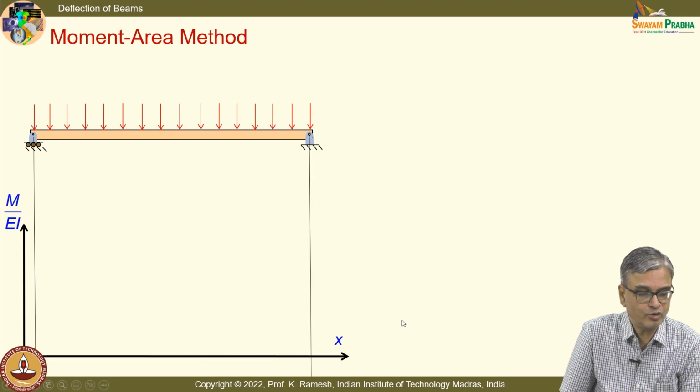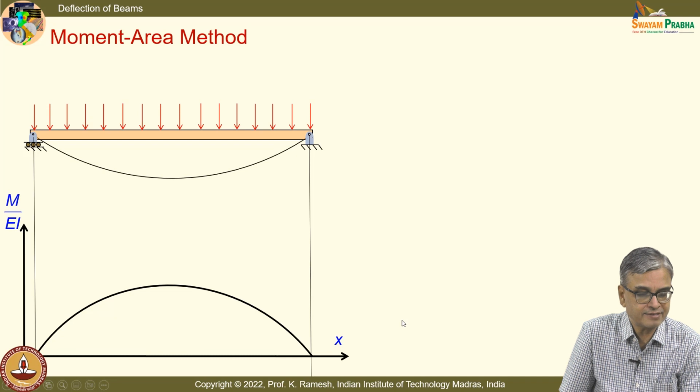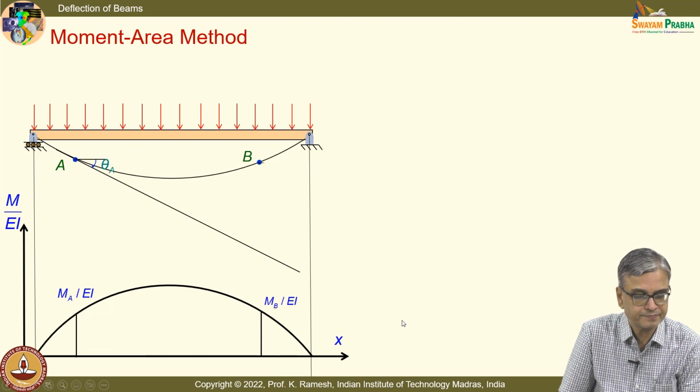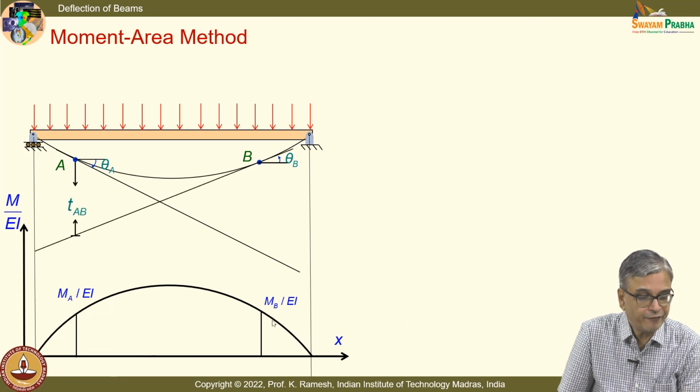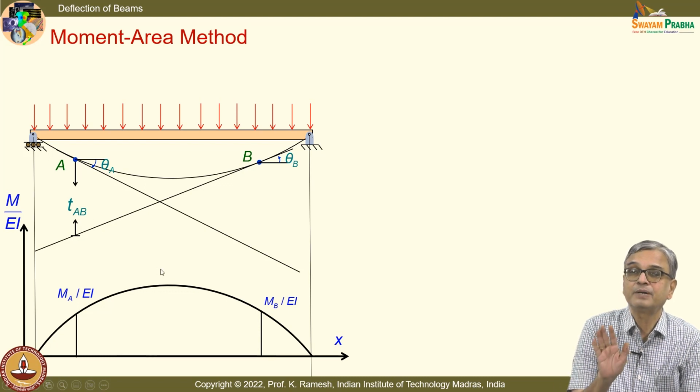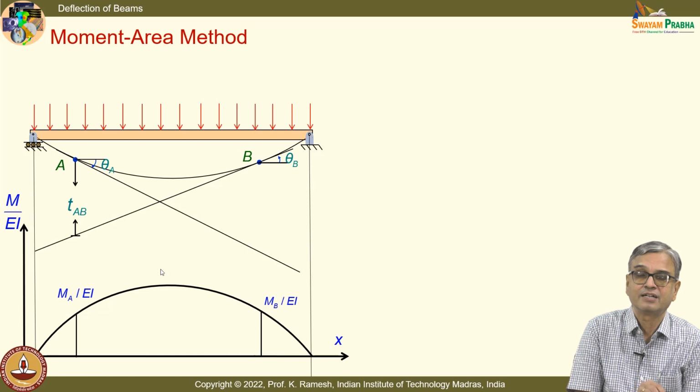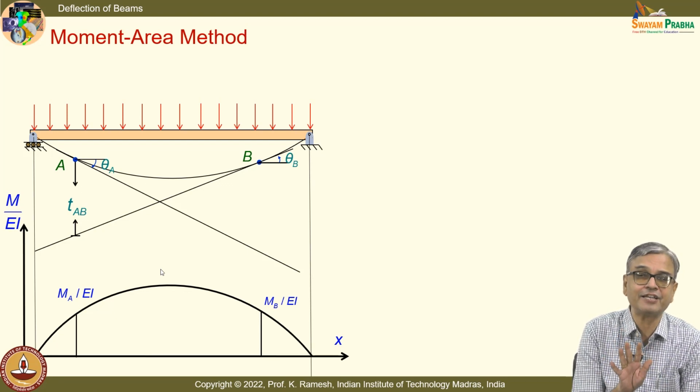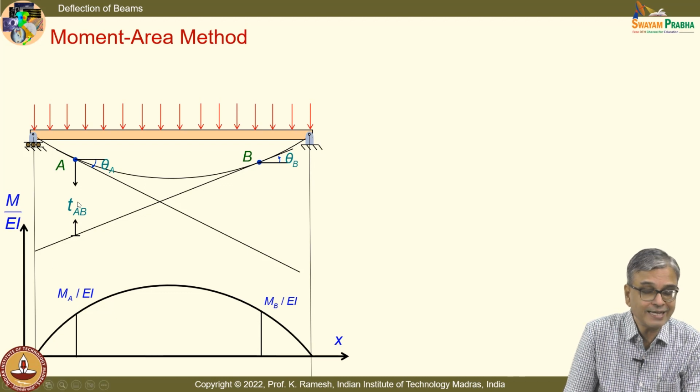So I have the loading diagram, I have the M by EI curve, the elastic curve, I have point A, and then I have drawn the slope there. At point B, I draw the slope, and I define this as TAB. Please draw the sketch, because the sequence I have followed will give you clarity on how to interpret the tangential